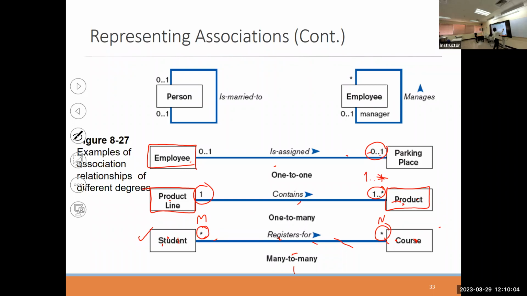The same, each parking place, if it is 1 parking place, this slot, if it can be assigned, right? It will be assigned to 0 or 1. So this slot may be empty, not assigned yet, vacant. Or if it is to be assigned, only 1. Otherwise, we will have a fight, right? People will fight for that parking. So we don't make this clashing. Okay, so this is a way to model this